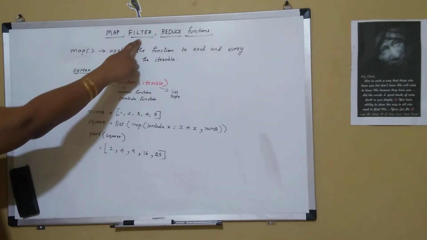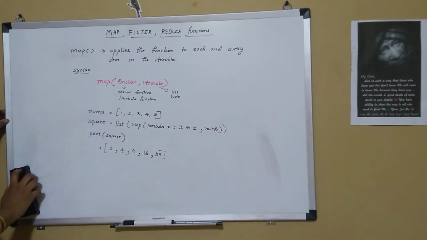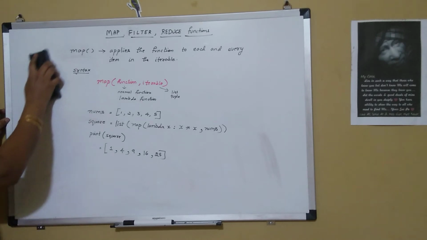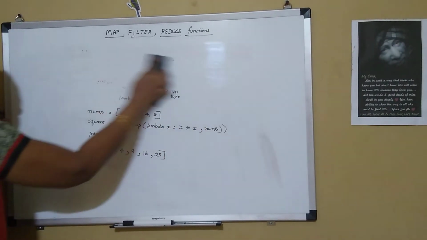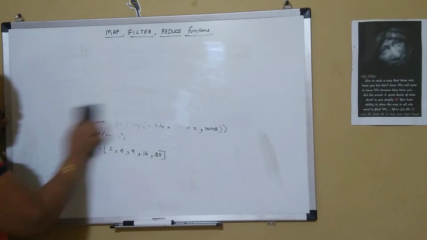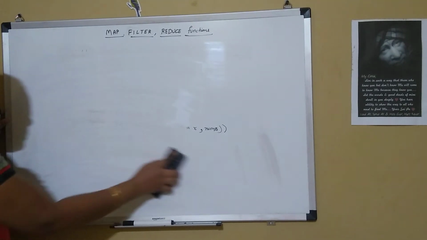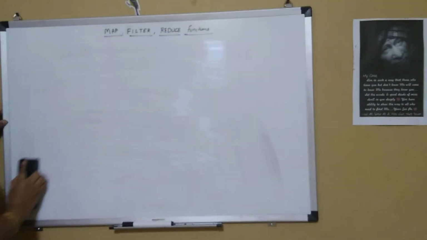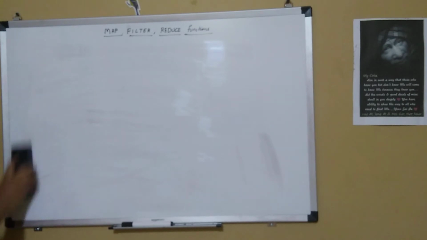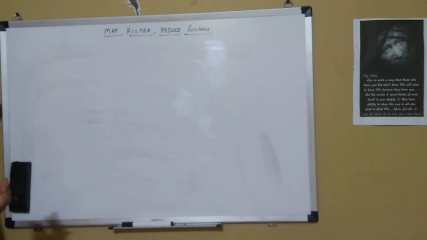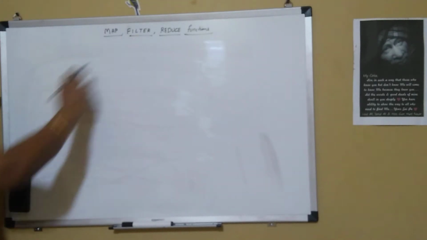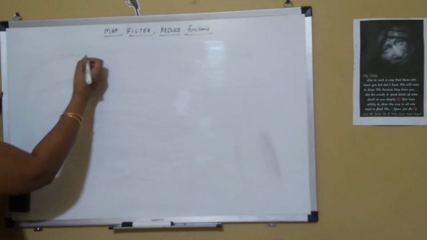So now let's go on to the next built-in function, which is the filter. What is a filter? As the name suggests, it filters out unwanted items from the list and then takes only the items which it wants. So suppose we have a list of red and white marbles. We want to remove the white marbles and we want to take only the red marbles. So for such cases, we go in for the filter built-in method.